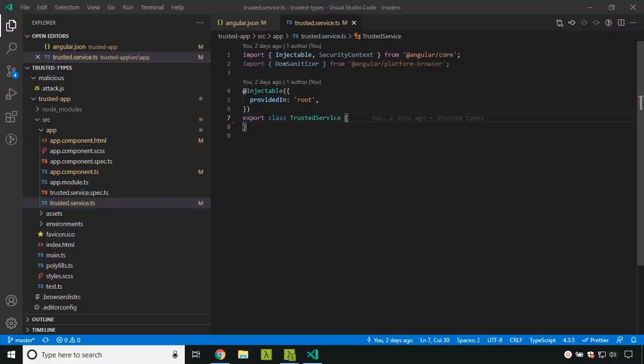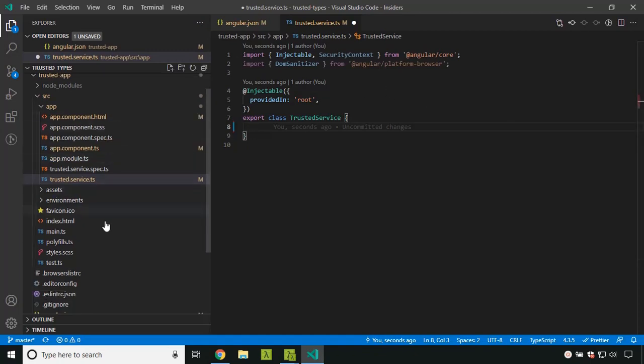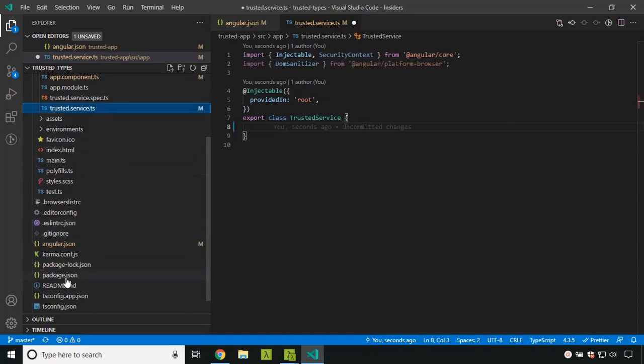Now let's see how we can create trusted types. Trusted Types is an API that was introduced in JavaScript. It is currently supported mostly in any browser that uses Chromium. Now let's see how we can add that. By default, TypeScript does not support typings for trusted types.